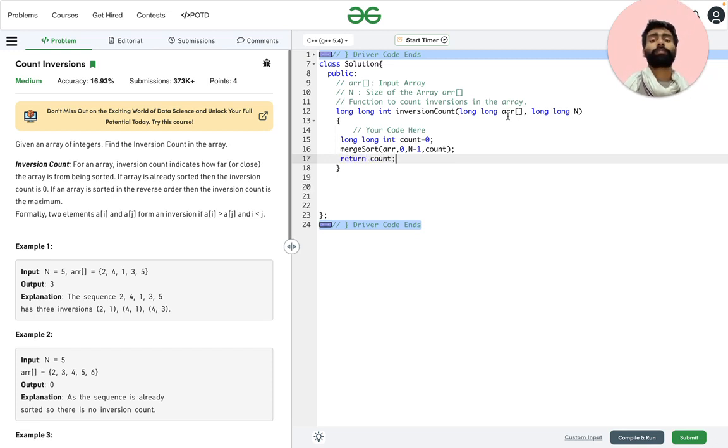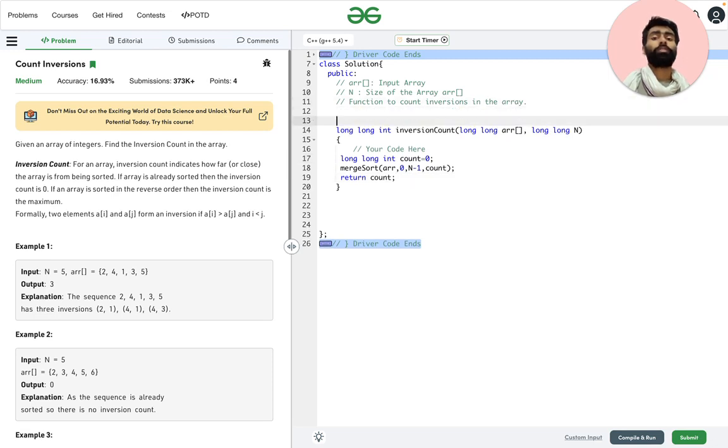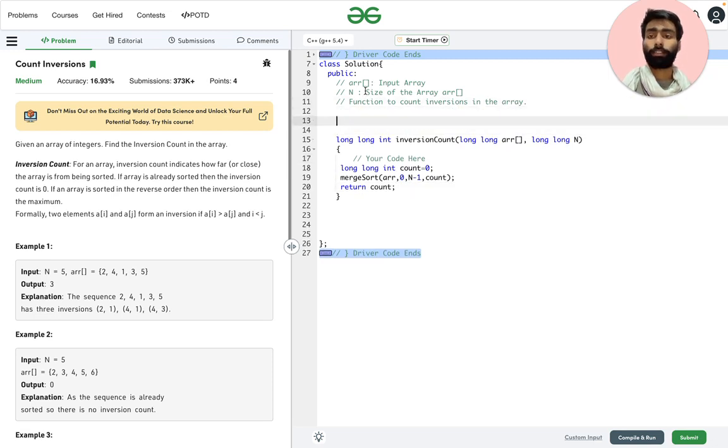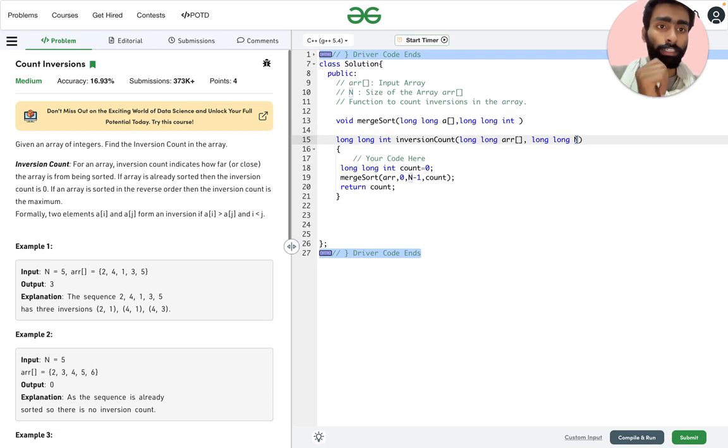So now we need to have the merge sort function. As this does not return anything, it will be of void type. Here we will get the array passed to it and the long int, as the index is of long int type.